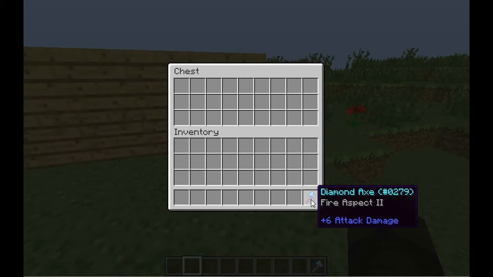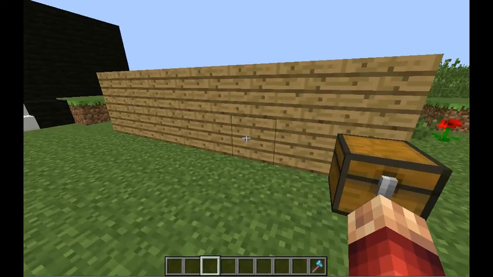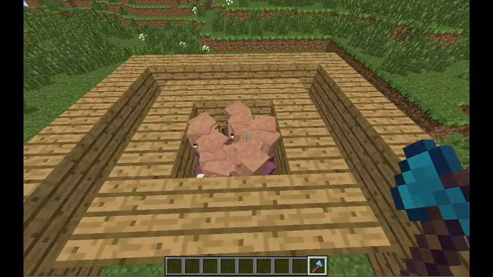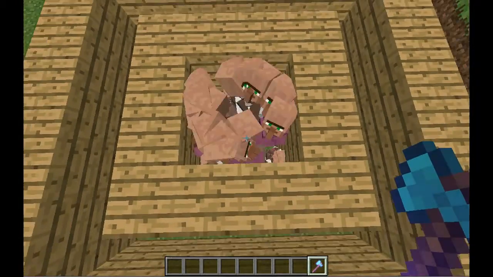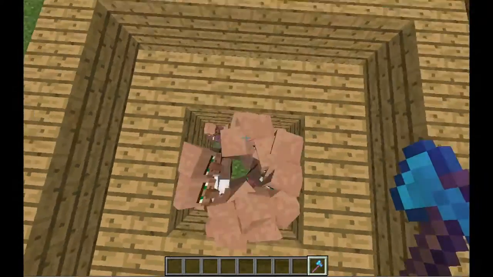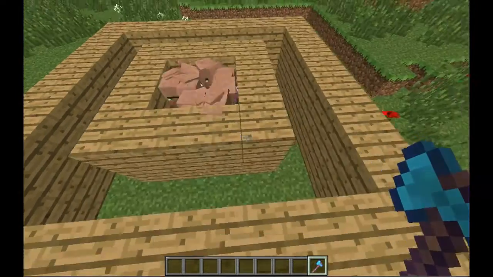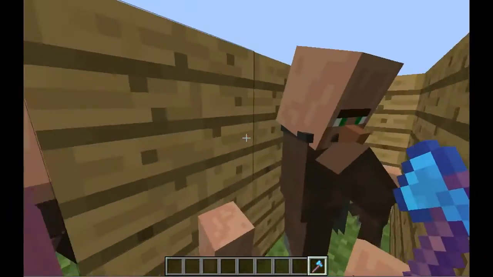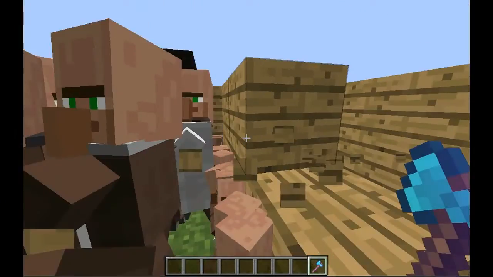You'll notice that this pickaxe has fire aspect on it, and that's to demonstrate heat. And all these villagers packed in this tight space are to represent a solid, because they're moving around, hitting each other a lot, all in this tight space. And if I break this off, then